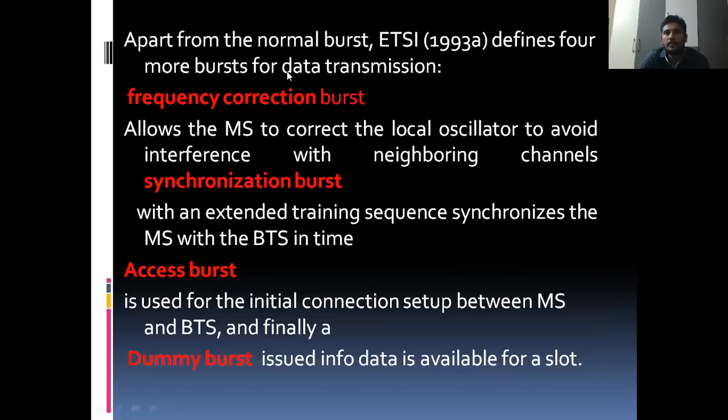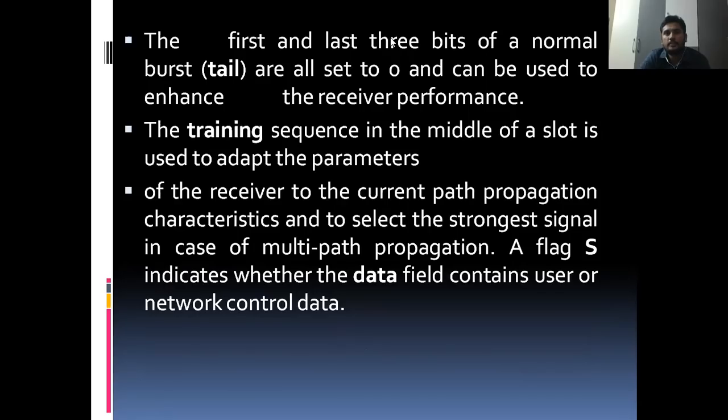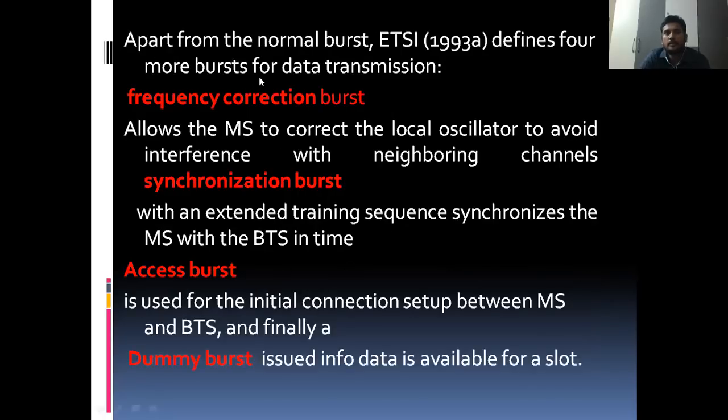Apart from the normal burst, ETSI defines 4 more bursts for data transmission. We already discussed the normal burst, with the first and last 3 bits as tail. Here, apart from the normal burst, there are 4 more bursts for data transmission.